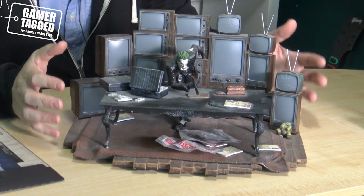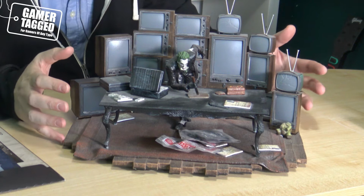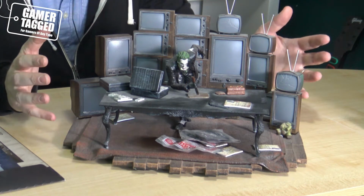Just so lovely, a little melody that comes out of that music box. Okay, the last piece I'm going to show you today is the collector's edition from Batman Arkham Origins. It is not one of the mainline games which you maybe would expect. Maybe you're expecting Arkham City or Arkham Asylum or even Arkham Knight, but it's actually the spin-off title, Arkham Origins,